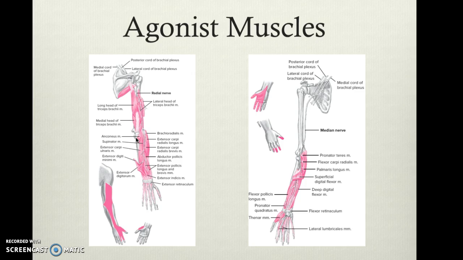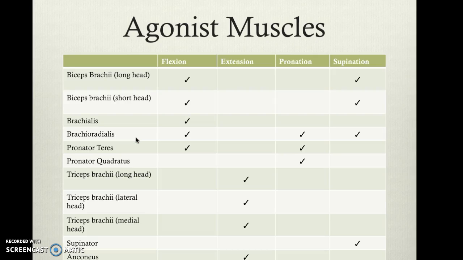If we're strictly talking about flexors, extensors, pronators, and supinators, here's an easy way to organize all the movements by what muscles are providing each of the movements. So something that comes up as a little bit unusual is that the brachioradialis provides pronation and supination. So they're counterintuitive, but